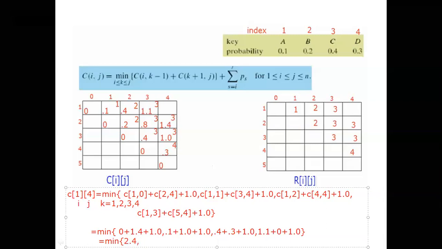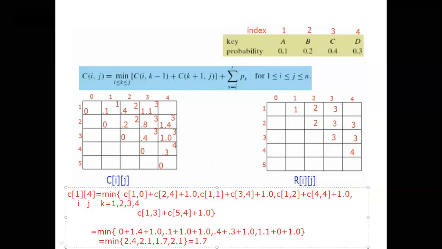2.4, next this value, sum 1.0 + 1.0 is 2.1, 2.1, next value is 1.7, sum of that value. Next this value, sum is 2.1. I will circle the minimum value out of all these values. Our minimum value is 1.7, since these are all 2 and here it is 1.7.